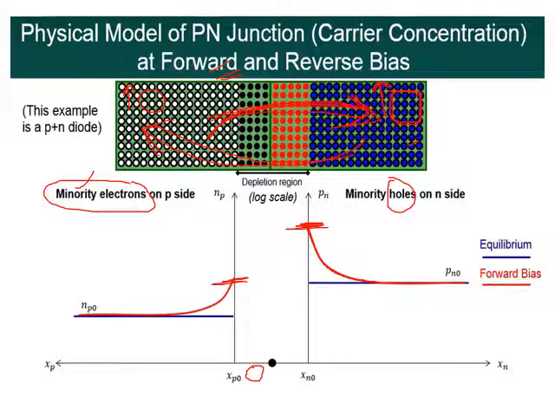If we want to increase this level, say if I need the graph in this way, or in this way, starting from this point, then how can it be achieved? Actually, what is this? It is the number of minority carriers on the P side and on the N side. How will it be attained? How can minority carriers be increased on the P side, and how can minority holes be increased on the N side?